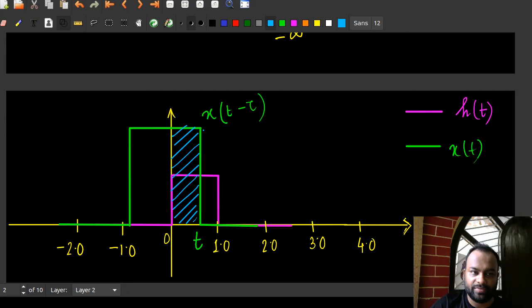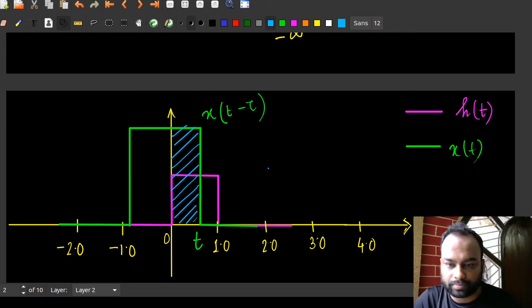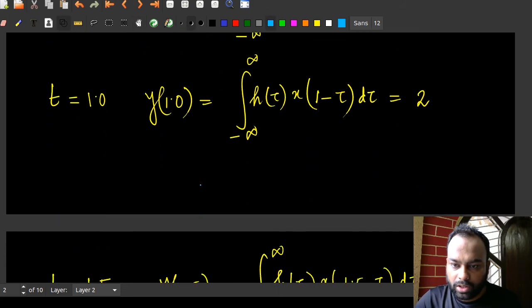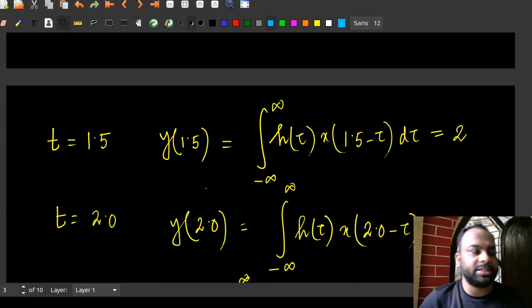Again, this is just for the sake of the handout. You might have already understood when t is 0.5, it's like that, and so on. Right. You got the point. So that's how, in spite of knowing nothing about the system other than the impulse response of the system, we were able to calculate the output of the system to some arbitrary input here.